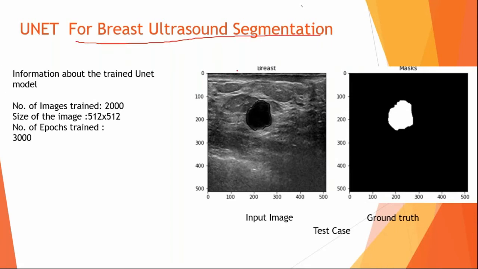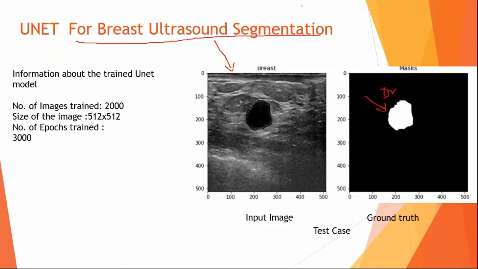These are some of the ultrasound images. These are breast ultrasound images. You can see a lesion in this particular breast, and this is the mask given to us by the doctors. Normally the doctors give us the mask. The mask tells us the shape of this particular lesion, and this shape is very important. For example, if it is a regular shape, then it could be a benign lesion. If it is a complicated shape, then the doctor assesses it and says that it could be a malignant lesion. So the shape is very, very important here.